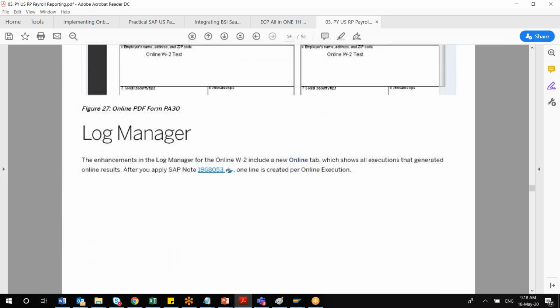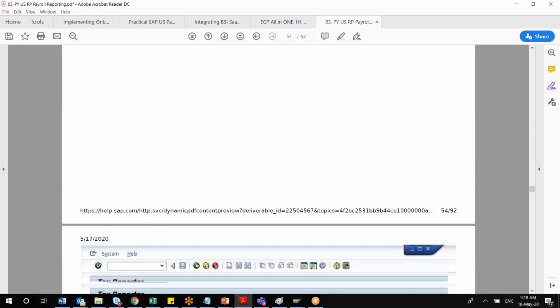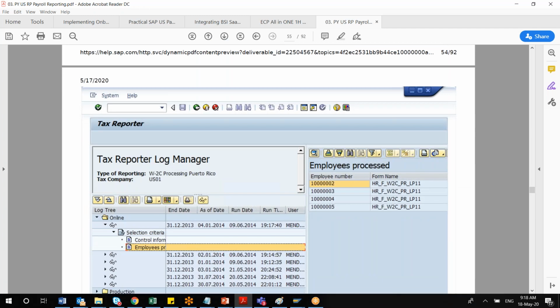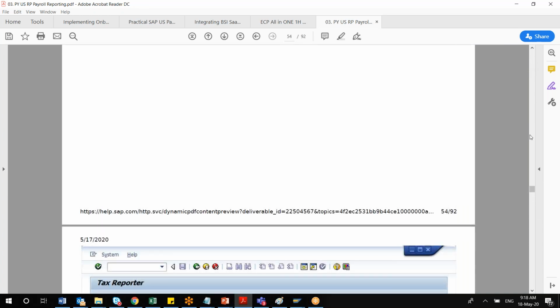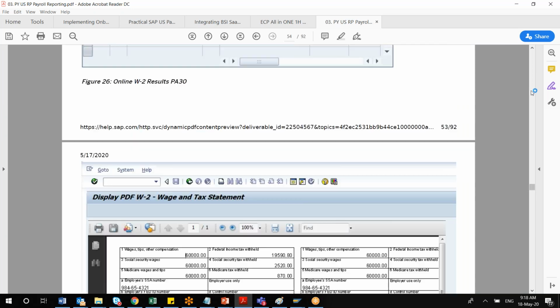The log manager we have also discussed. What are the contents of the main body of this form? Because I've never looked, maybe I'll go online and check how a W2 form looks. Which one? Can you please come back? I've seen they just provided the headings, but I wanted to see what's in the body of the tax W2 form. This one here.